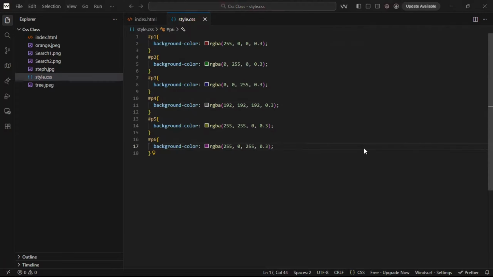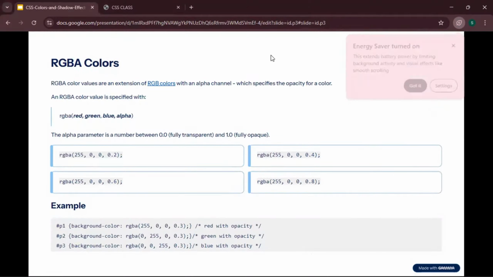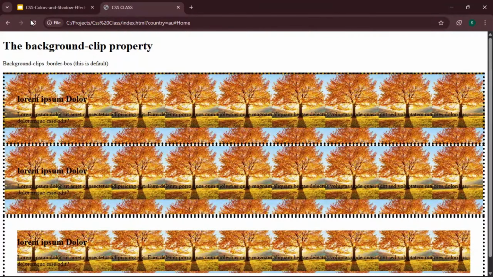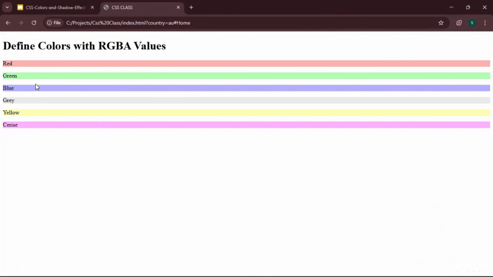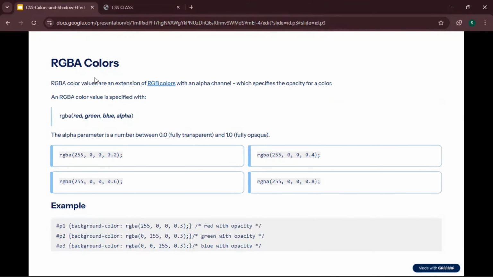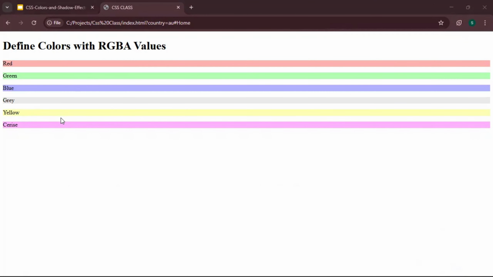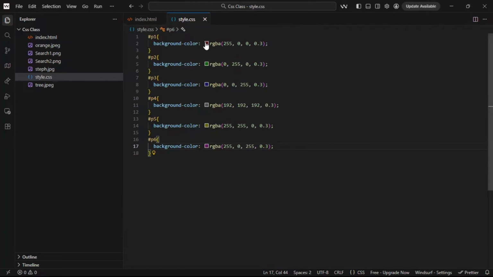Now let's check it out. Can you see our colors? We have red, green, blue, gray, yellow, and cerise. So that is that for the first color. Then we're also going to have all of them in hexadecimal values. In this place, we already have our HTML. So instead of RGB,